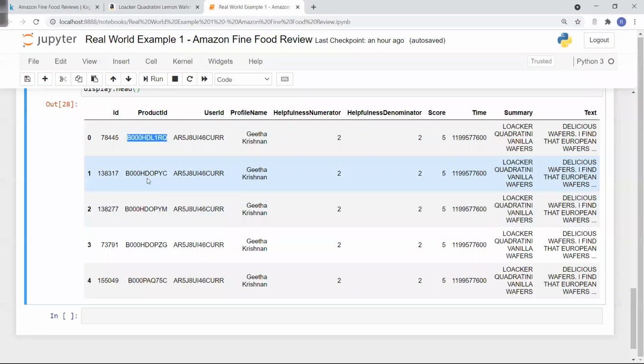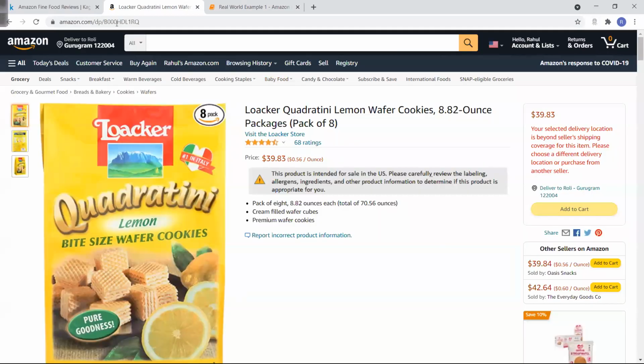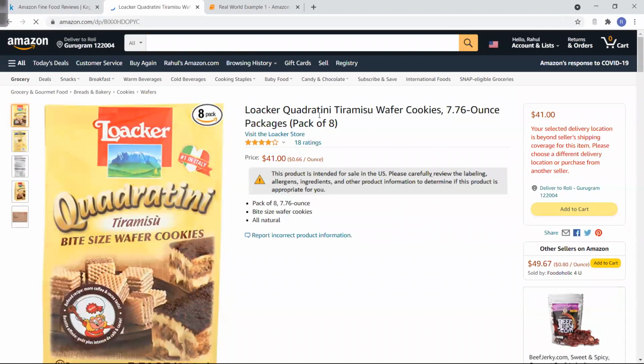If I go to the second product, I'll change this product ID and put that product ID. Now you can see this is also Quadratini tiramisu wafer. The flavor is different, and the same owner, Locker store. So what does that mean?